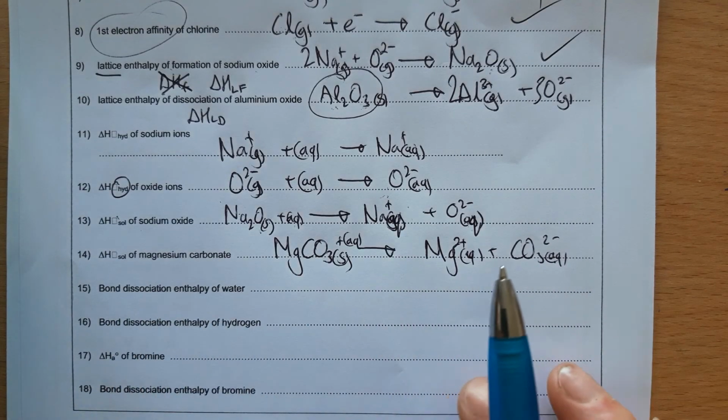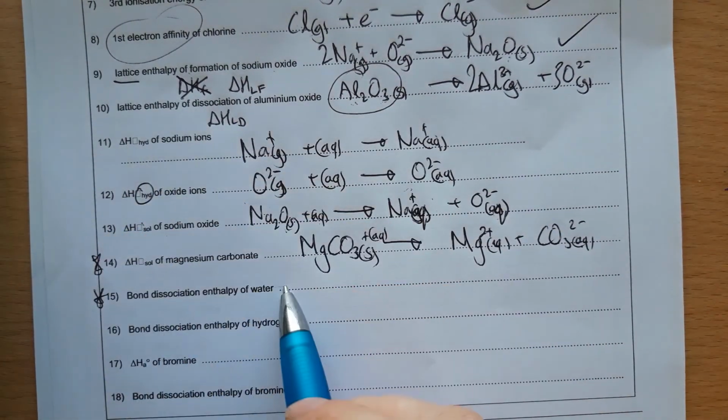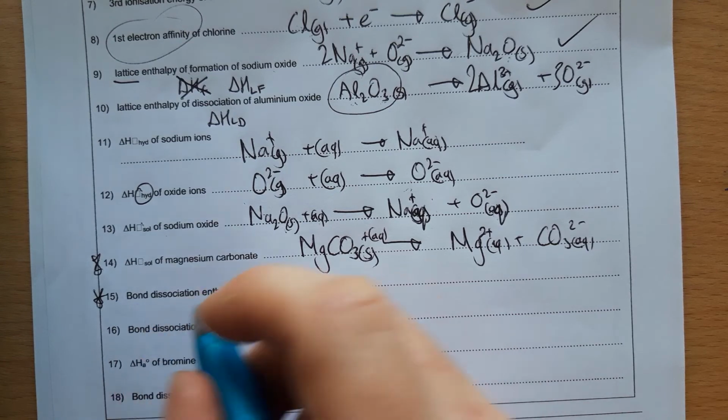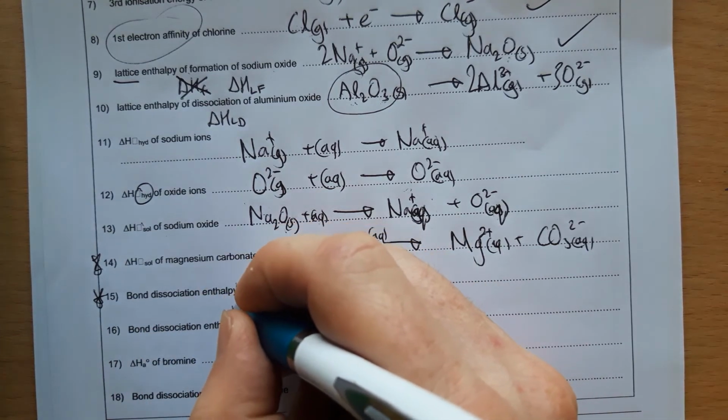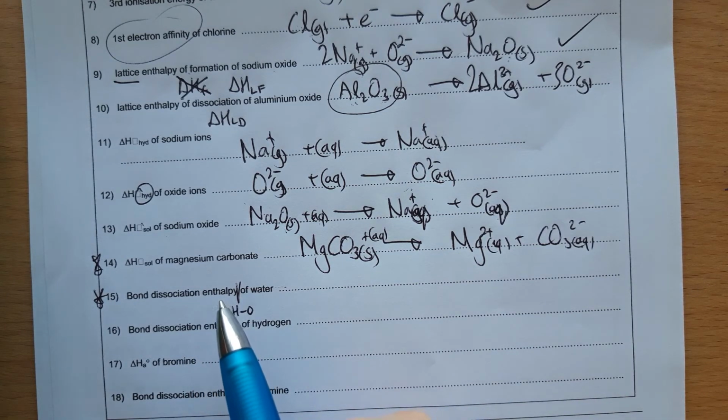Bond dissociation enthalpy of water. Well, a lot of you will have looked at the marks on this. I don't like the question. I think it should say the bond dissociation enthalpy of the H-O bond in water. Because the bond dissociation enthalpy is the enthalpy change when 1 mole of gaseous covalent bonds is broken, or 1 mole of covalent bonds is broken in the